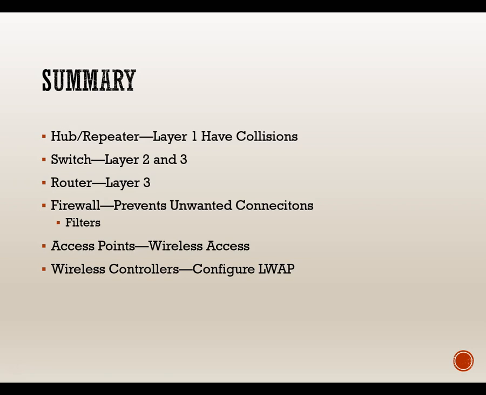I've got connections spelled wrong here. You probably noticed that, huh? Unwanted connections and filters. For the access points, we had a wireless access point, and we had controllers that were used to configure the lightweight access points. So that kind of covers the